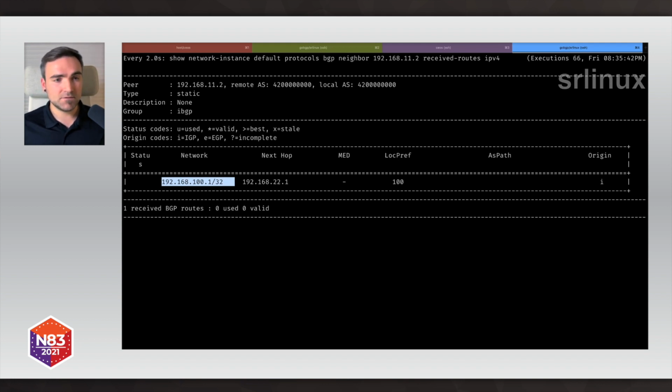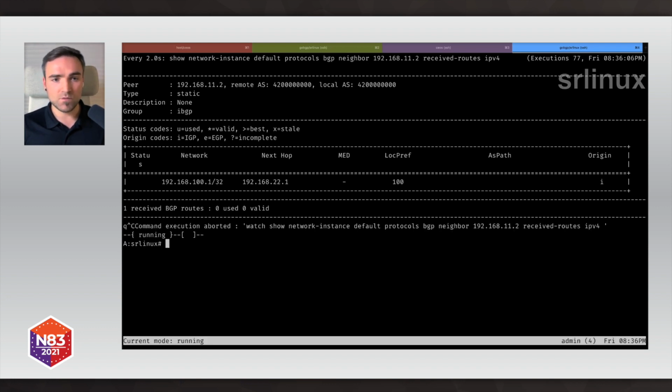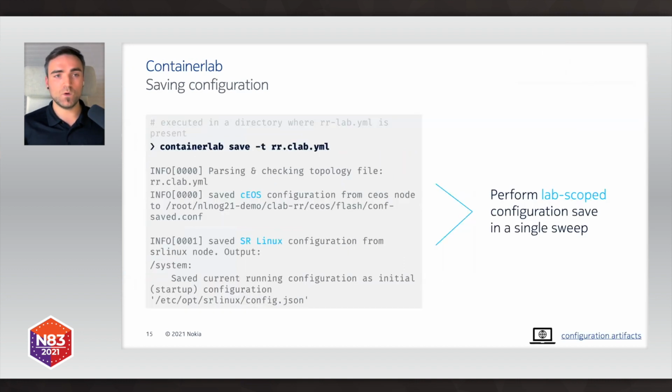So that's really the use case that I wanted to show you, that demonstrates how you can start working with Containerlab, how easy it is to install it, how to create a lab, although a small one, but still a multi-vendor lab with 3 different nodes, leveraging the Nokia SR Linux, Arista CUS, and the Linux container with GoBGP stack installed. And now I wanted to go back to my presentation,